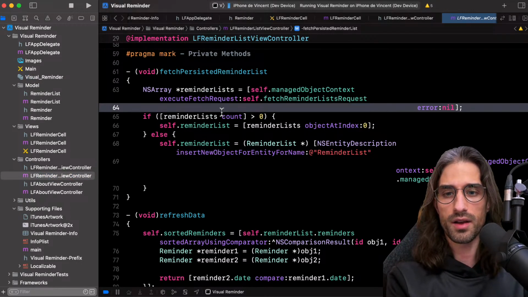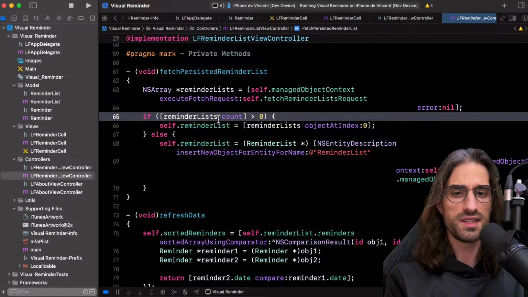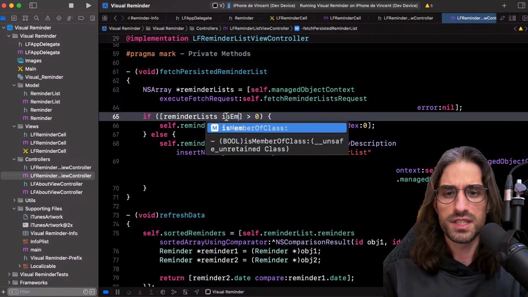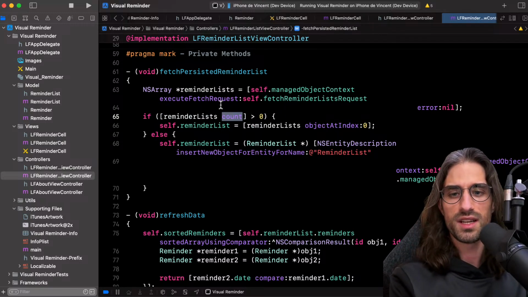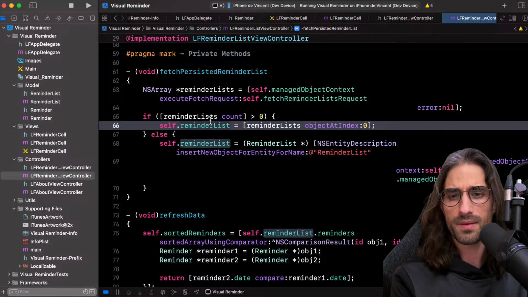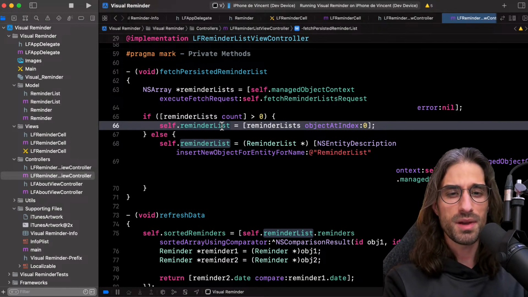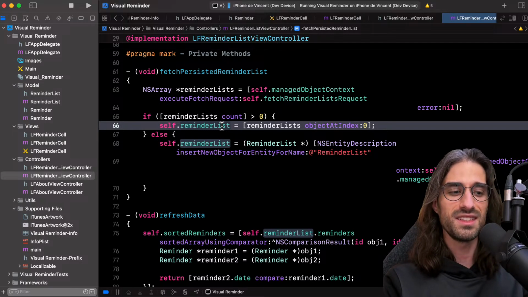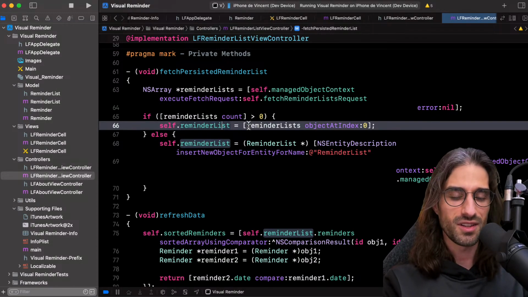And if there are elements, so I should have done some kind of an isEmpty. Did we have isEmpty? No, we didn't have isEmpty back then. So that's why I didn't use it. So what we do is that if there are elements, okay, yes, because the fetch request returns fetch reminder lists, but we only have one list, but we need to get the list that is in the array of results. That's why we get basically an array of reminder lists.